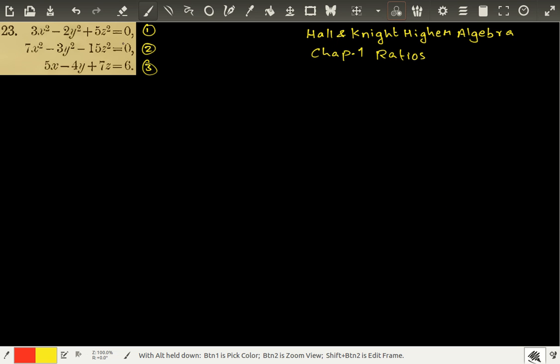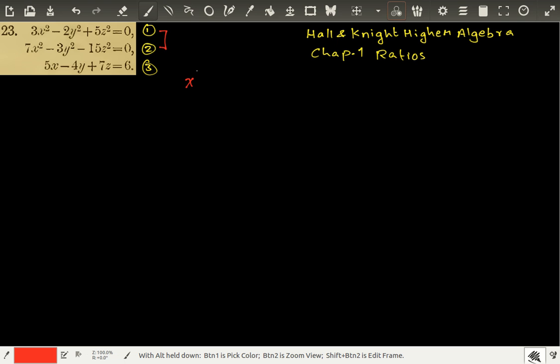But we can use equation 1 and 2 together, and that will give us the relationship between x square, y square and z square instead of x, y and z. Okay, so what we will get is, from equation 1 and 2,